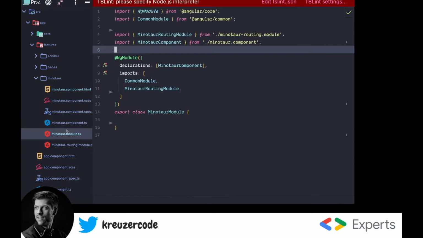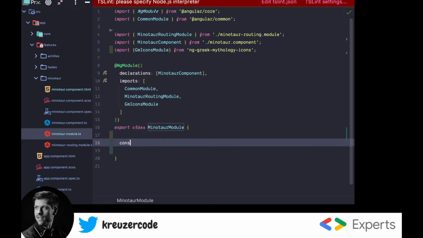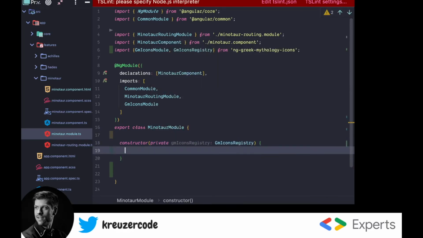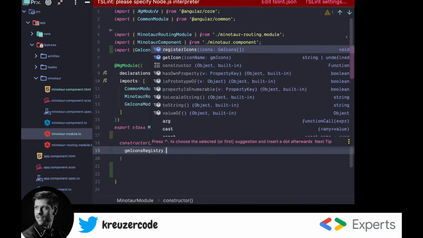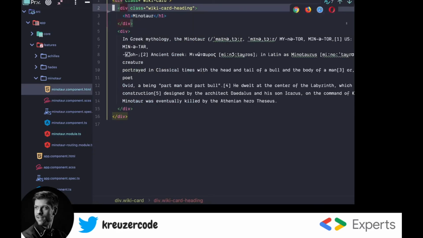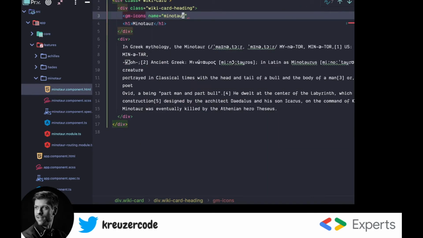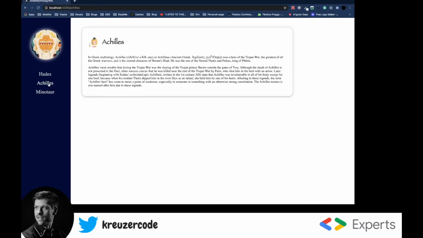So let's do the same for the Minotaur. We hop over to the Minotaur module. We again inject the GM icons module. Inside the constructor, we get the GM icons registry. And then we register our icons. So in our case, we want to use the GM icon Minotaur, and then we hop over to the HTML and use it. So GM icons name Minotaur. So then we can see in our application that we have the Minotaur icon displayed, the Achilles icon displayed, and